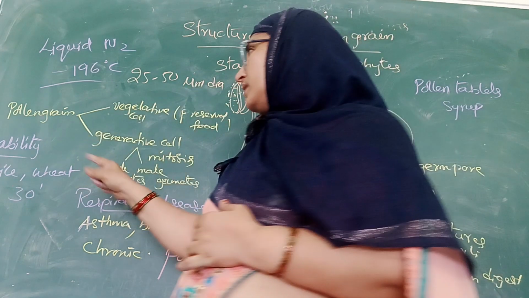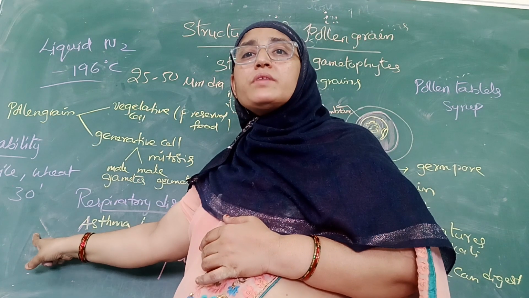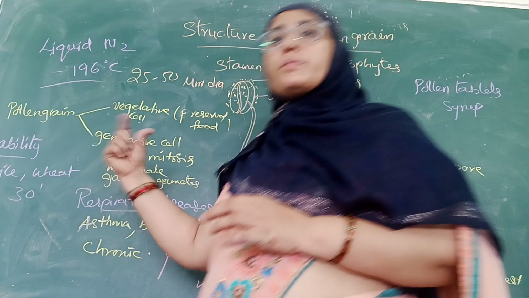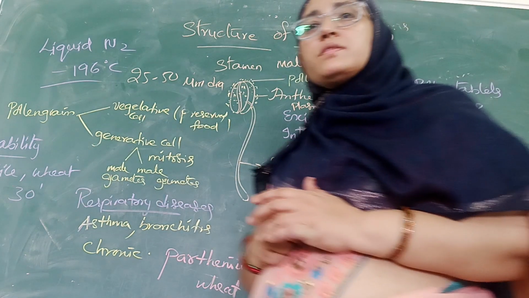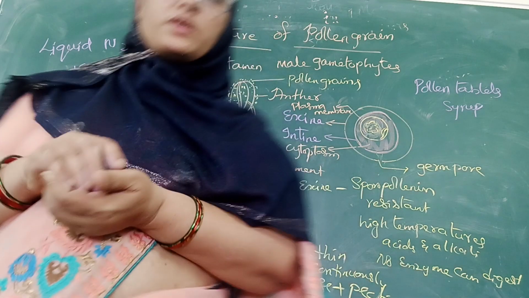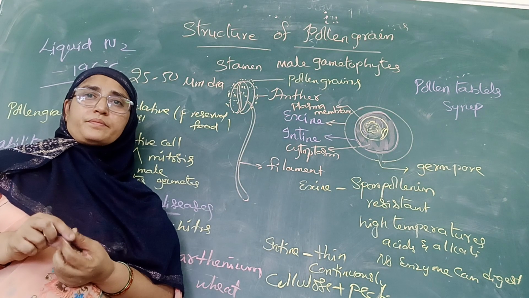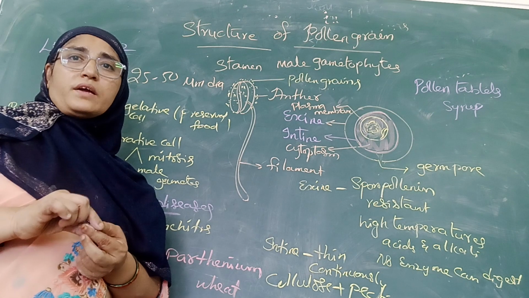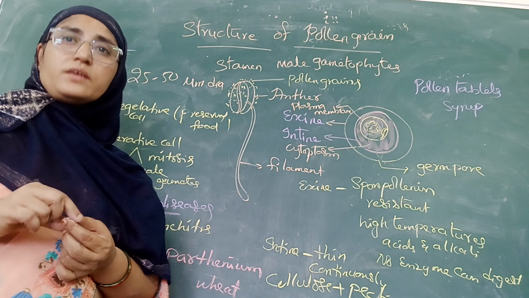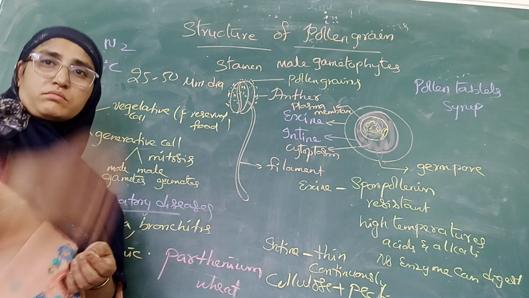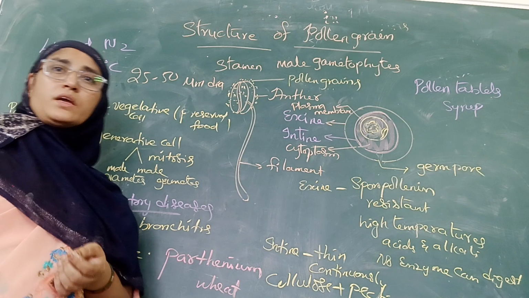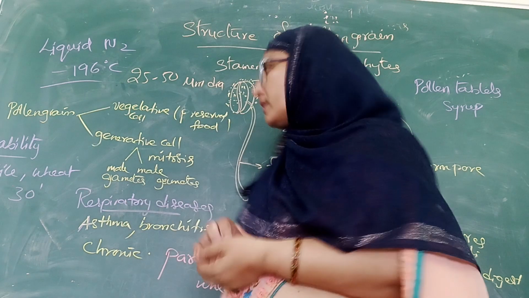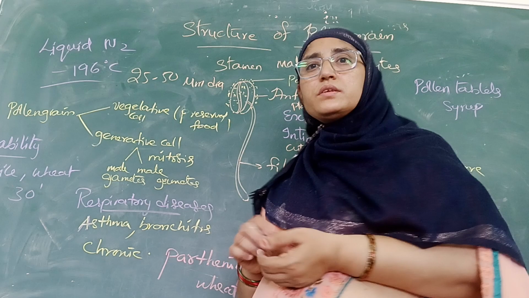In some species, like cereals such as rice and wheat, pollen are viable for 30 minutes and later lose their viability. Whereas in some other families like Rosaceae, Solanaceae and Leguminosae, you know what Leguminosae plants are? All the pulses and the groundnut plant. The pollen of these plants, and also of Rosaceae and Solanaceae, have viability for months. They can stay alive and have the ability to germinate even for months. So that is about its viability.